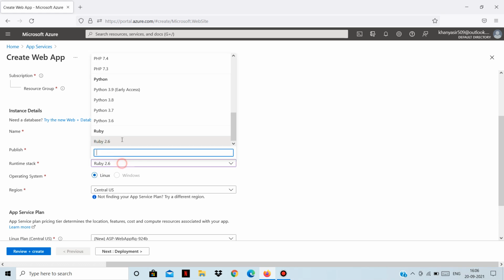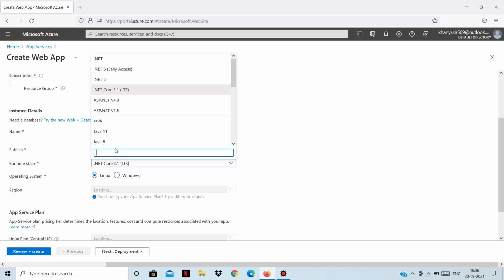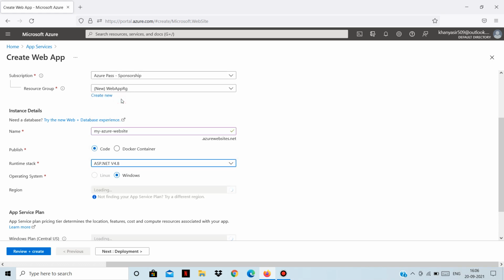Since .NET 3.1 is available for both, I can decide whether I want Windows or Linux. I will choose Linux. And let's see for ASP.NET. If your application is written in ASP.NET, it will support Windows only. So you don't have a choice there, but for .NET you get a choice whether you want a Linux based operating system machine or Windows. I will choose Linux.